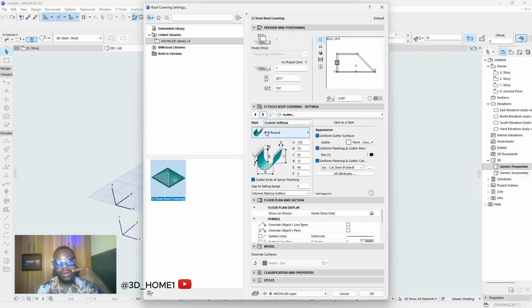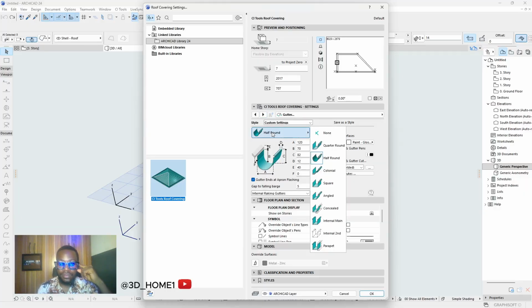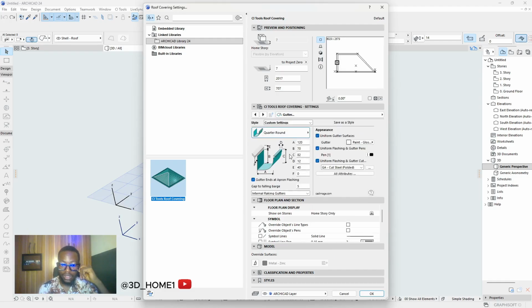Now for the gutters, you decide which one you want to use. If you want to use this quarter round or this half round, we're using half round. This is how half round looks like. This is how quarter round looks like. Okay, this is how half round looks like. So we're using this half round. These are just the major settings. And then once you click OK,